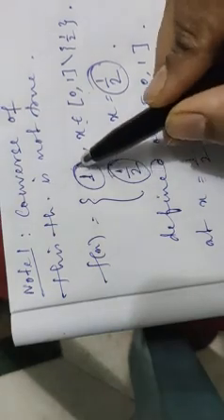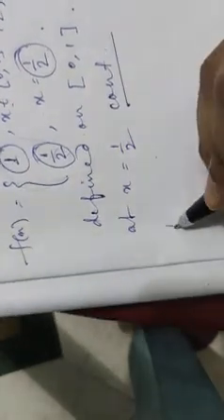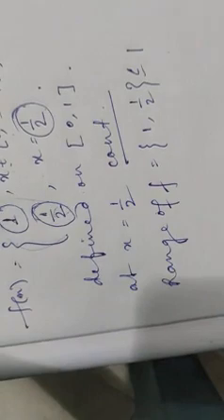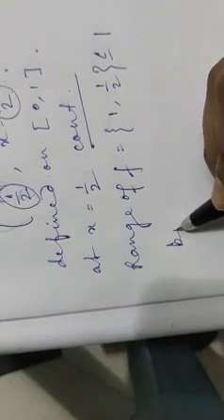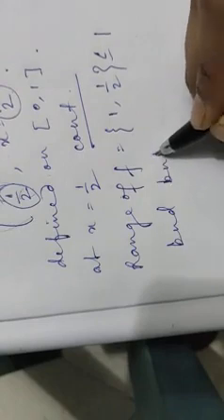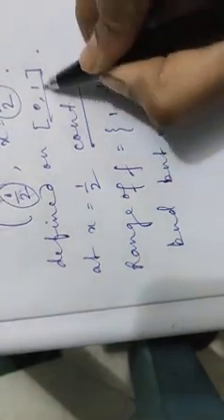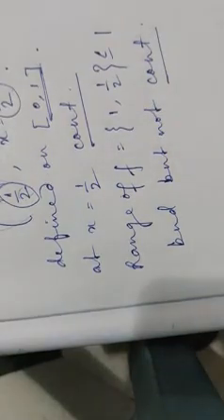So the function is not continuous at 1/2, though it is bounded therein. Why is it bounded? Because if you check its range, the range is the set {1, 1/2}, which is obviously bounded because it is less than or equal to 1 anyway. So it is bounded therein but not continuous, though it is defined on a closed and bounded interval. That means the converse of the above theorem is not always true.